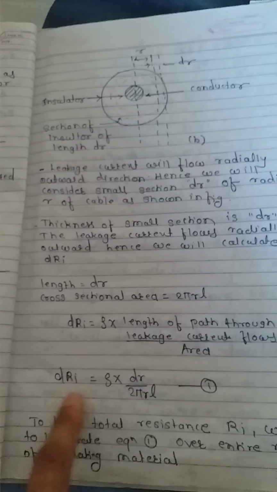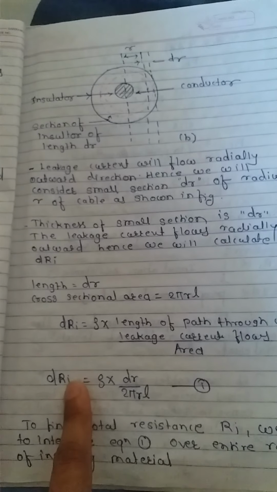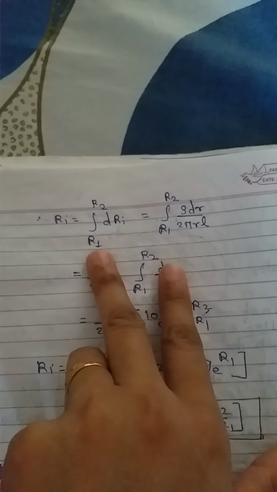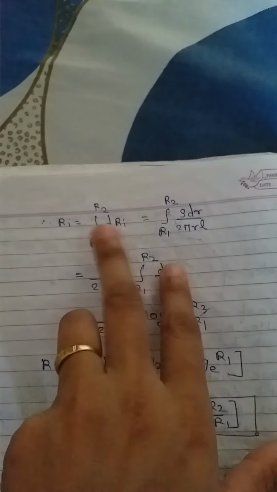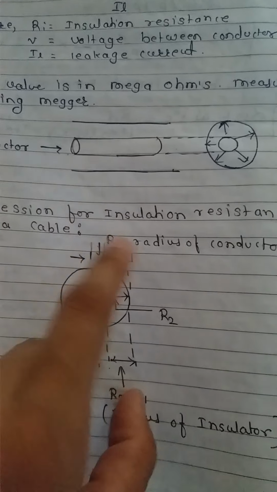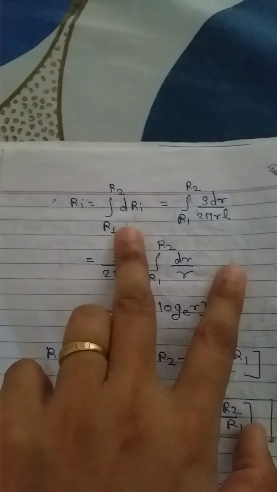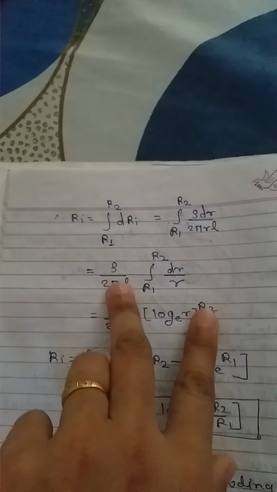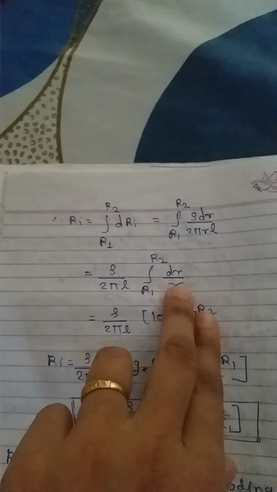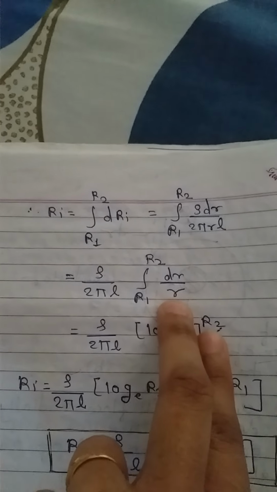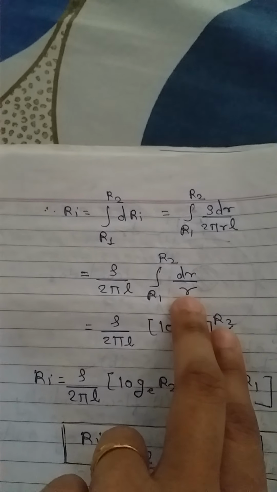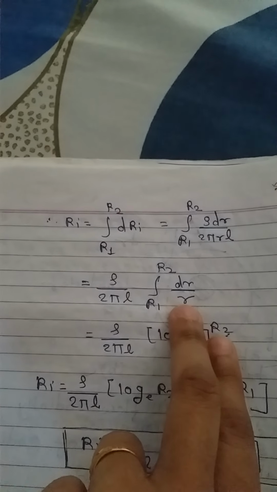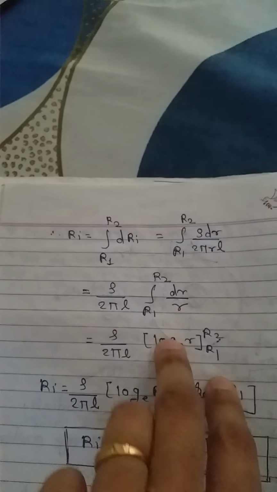But this is the small insulation resistance and we have to calculate the total insulation resistance. So the total insulation resistance is changing from radius r1 to r2, is it correct? See figure number 1, it is changing from R1 to final R2. So we have to integrate equation number 1 between R1 and R2. Rho divided by 2 pi L is constant. Now which part is changing? This small r is changing, because small r is the radius of the small section, but the total radius is R2. So we have to integrate.